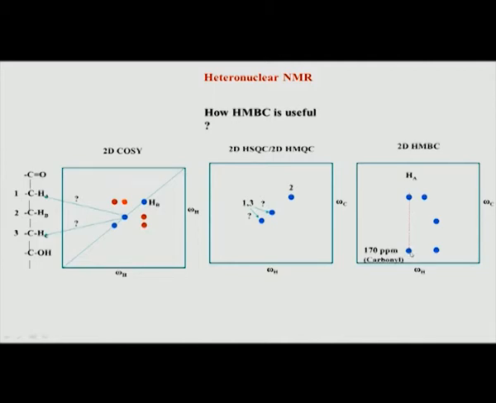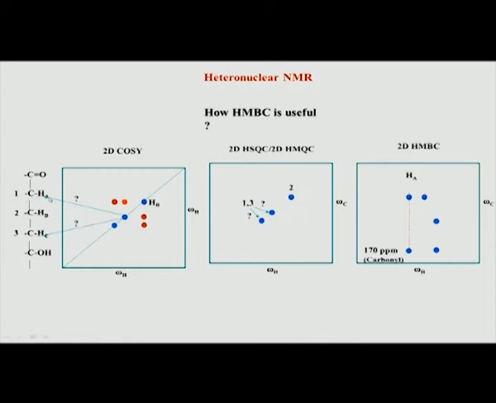Okay. If you look at the proton value here, it gives me a correlation to a peak here, which is the carbonyl. Now, if you look at the structure, only Ha and Hb are close to this carbonyl. In fact, Ha is very close, 2 bonds away. So, H alpha, Ha, is expected to give a strong HMBC correlation to the carbonyl carbon, and I would not expect Hc to give a correlation to this carbonyl carbon. Therefore, out of these two, the one which gives me a correlation to the carbonyl peak will definitely be Ha.